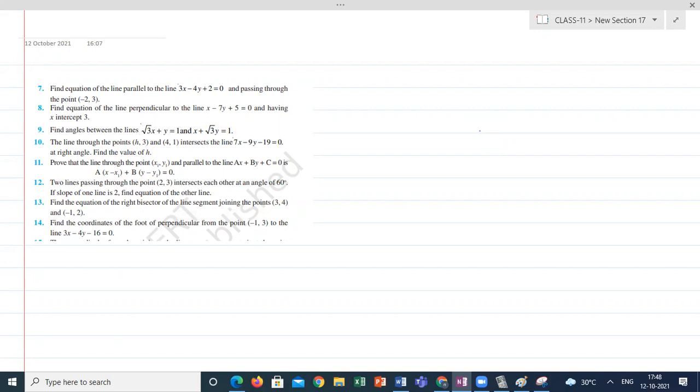Find the equation of the right bisector. Right bisector means it's very simple. There is a line like this. It is a line joining of